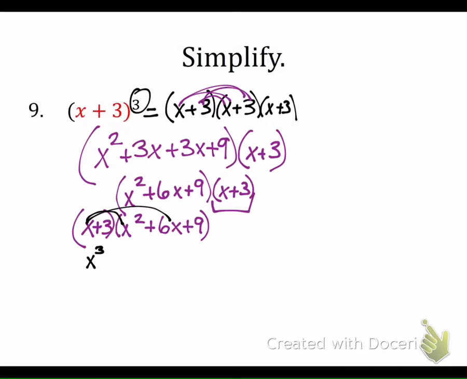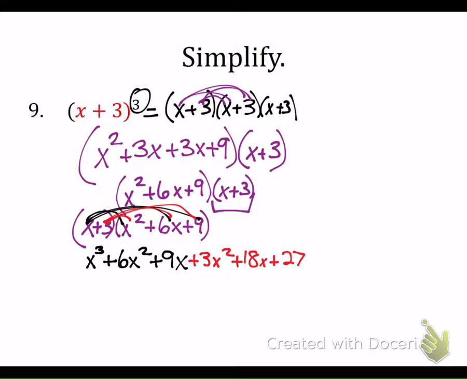X times 6x is? Good, and x times 9? 9x, perfect. Plus 3x squared. Plus 18x. Plus 27. Now, if you did not rewrite it, if you left the trinomial times the binomial, you should end